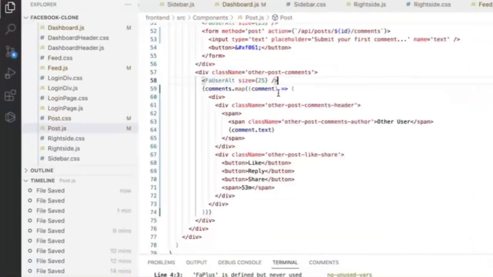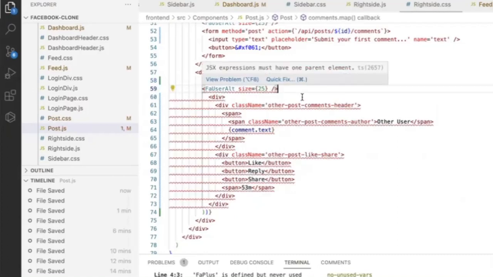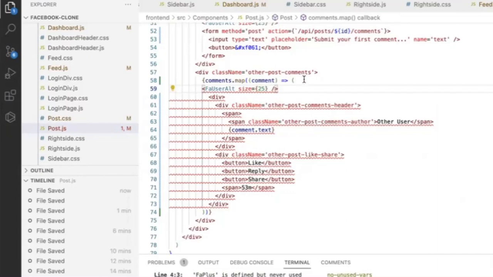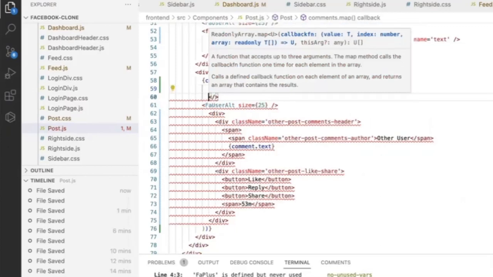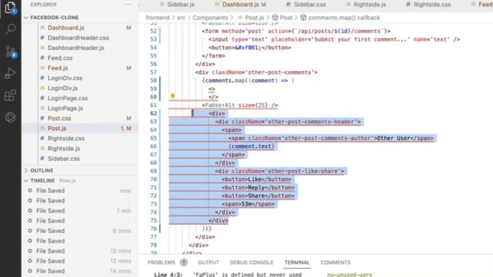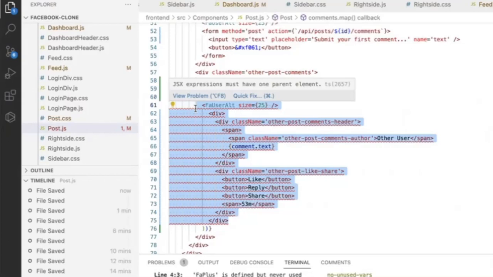I have to make it a fragment because it has to return a single JSX element. The whole map has to do that? Yeah, it has to return a single thing. So you could do a fragment, or you could do another div, or whatever. In fact, you probably should do another div